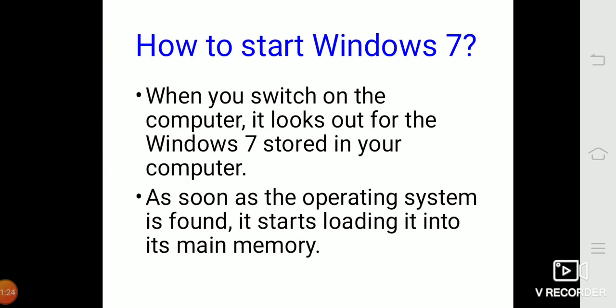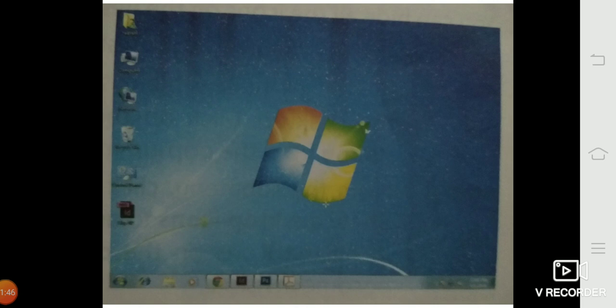Now, how to start Windows 7? When you switch on the computer, it looks out for the Windows 7 stored in your computer. As soon as the operating system is found, it starts loading it into its main memory. After some time, the following screen appears, which is called the desktop as shown in the picture.